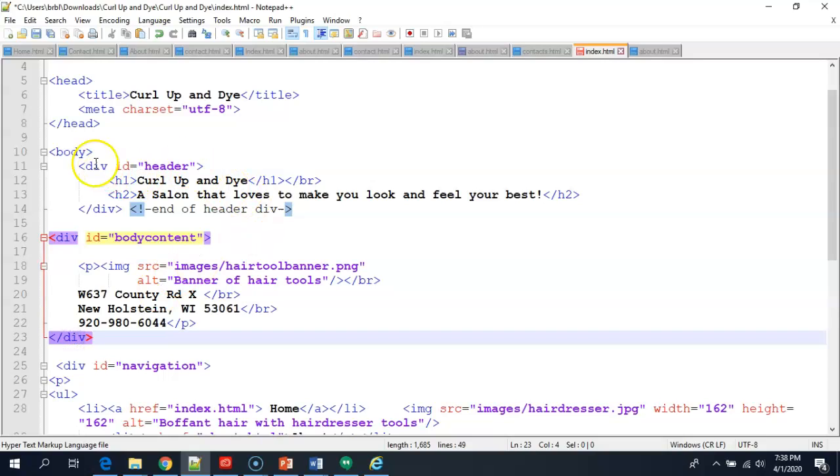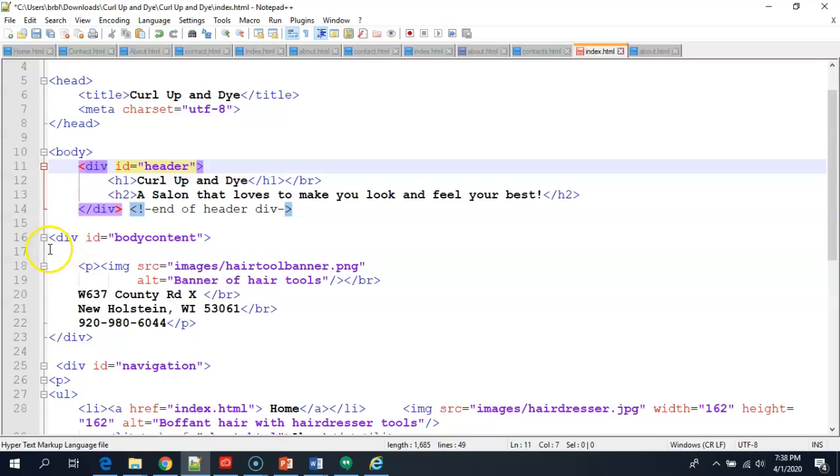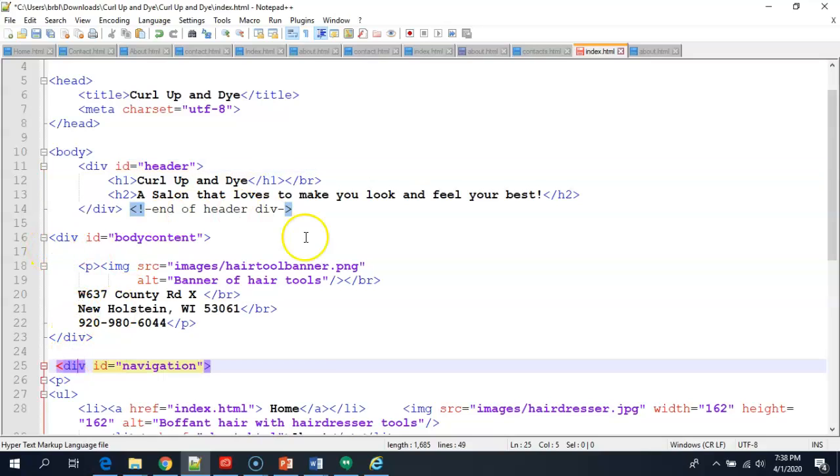Oh, I'm confused. We have your header up here. What's next is navigation. See, I'm really confused. I would not put this image and address up in your header. But